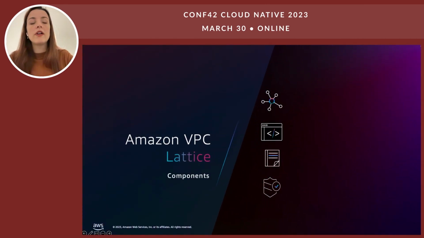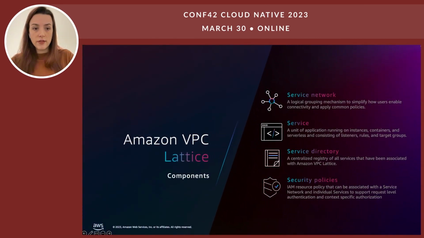Let me give you an overview of Amazon VPC Lattice components. We have a service network, which is a logical boundary that you can define across VPCs and accounts. It is used to apply common access and observability policies. Then we have the service. The service is a unit of applications, and it extends across all the compute: instances, containers,